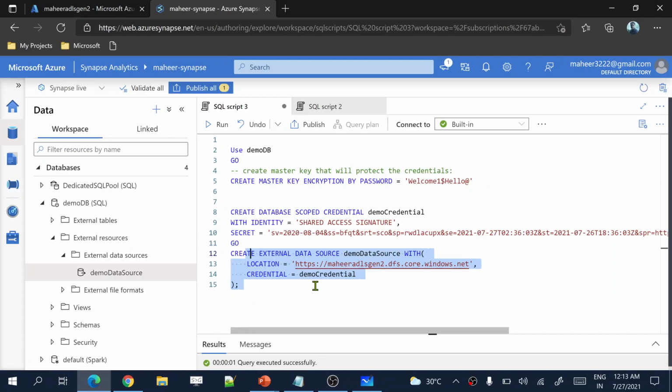If you know ADF, think of this like a linked service, which holds the entire credential or connection string information. Whenever you issue some kind of on demand data request or data movement, linked services in ADF help you connect with external sources and get or move the data. Similarly here in the SQL world, if you want to get data from some external storage into your SQL DB, or query from this SQL DB the data available in external sources, you have to create the external data source.